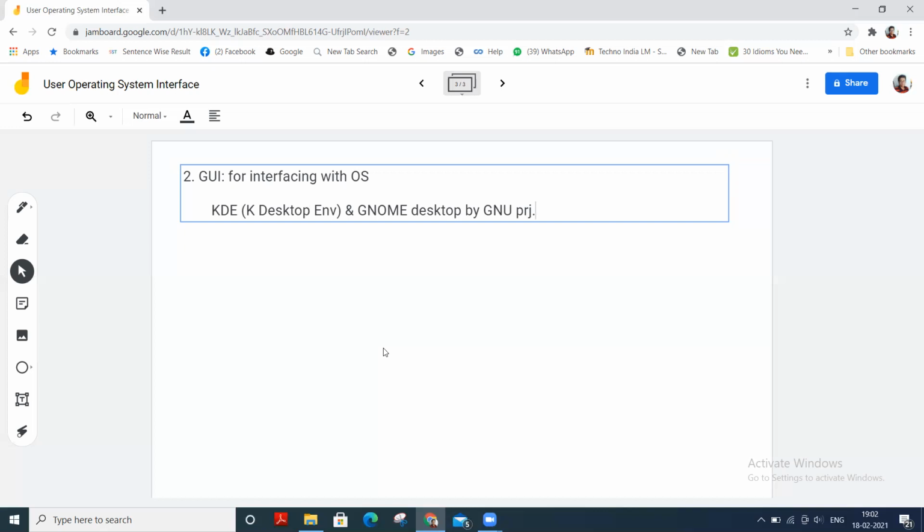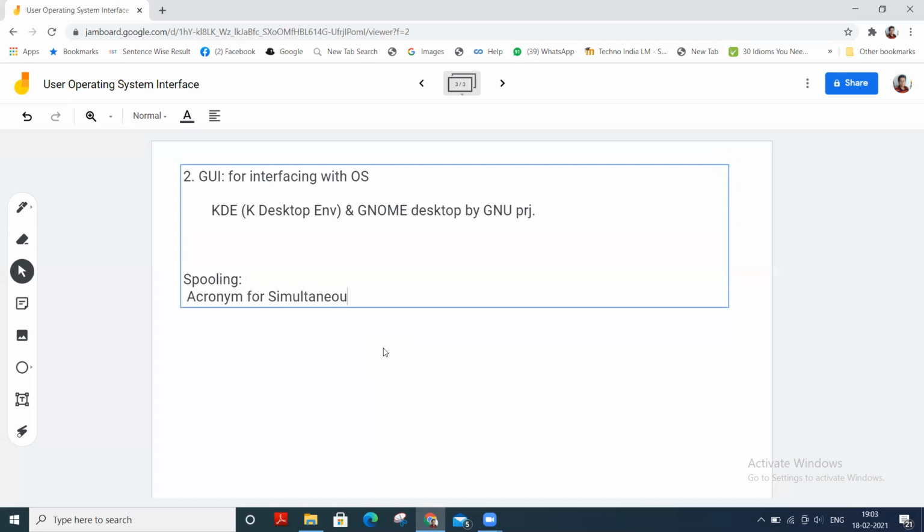Next I want to talk about spooling. Spooling is an acronym for simultaneous peripheral operations online.